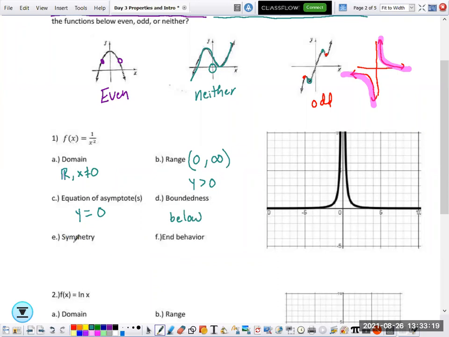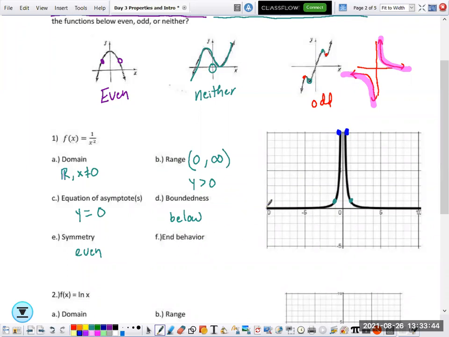Does this graph have even or odd symmetry, or does it have neither? You should have answered that it has even symmetry. I'm going to pick some points, like this point right here matches up with this point right over here. I have this point here, it matches up with this point here. And if I were to fold this graph along the y-axis,